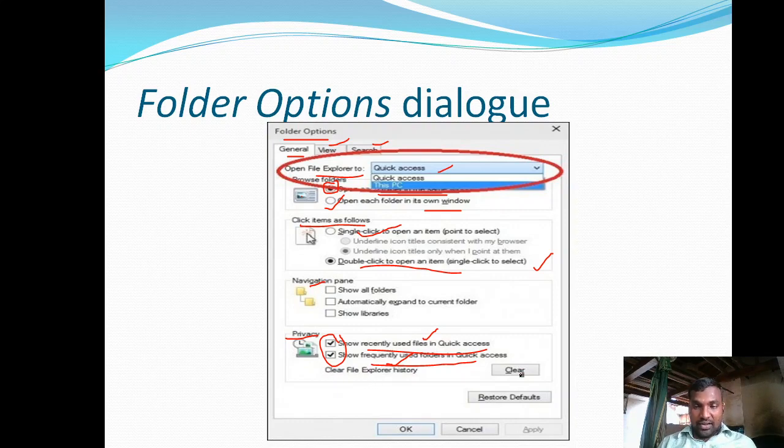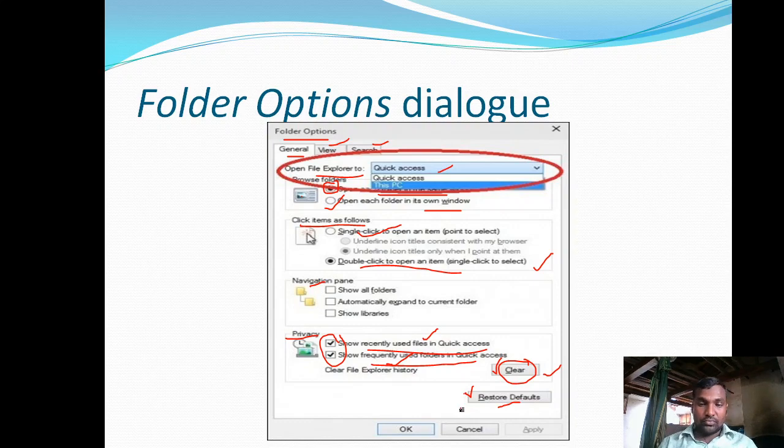We have one more option called Clear. If you click on this button, all the history related to recently accessed files and folders is deleted. Either you can clear the history, or you can go with Restore defaults, so that the default values that come with the Windows operating system are applied.